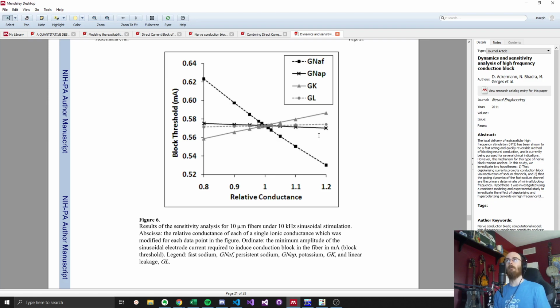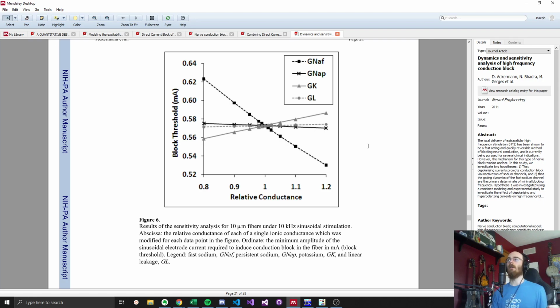So this is the 2011 paper, Dynamic Sensitivity. This was an interesting paper. This is a great way to understand how modeling really should work. You have an in vivo phenomenon that you see, and then you can recreate it in the model, and then you can adjust the model to see how that affects the phenomenon, to understand what mechanisms might be at play within that particular thing. So we see electrical nerve block in the rats,